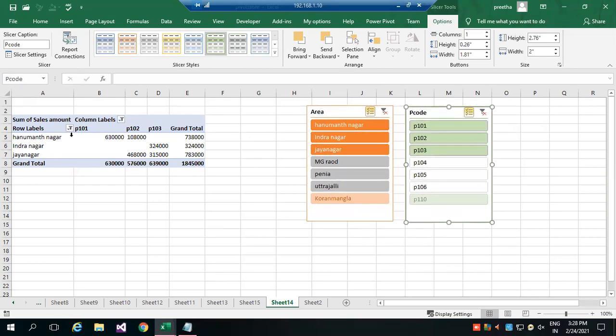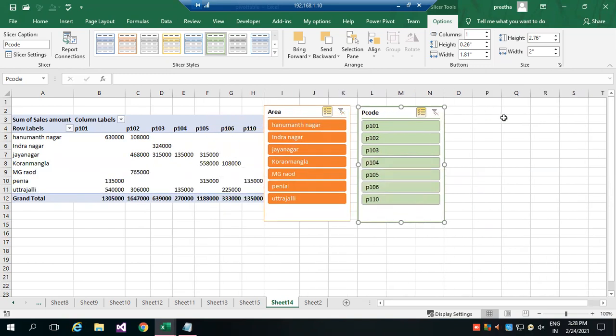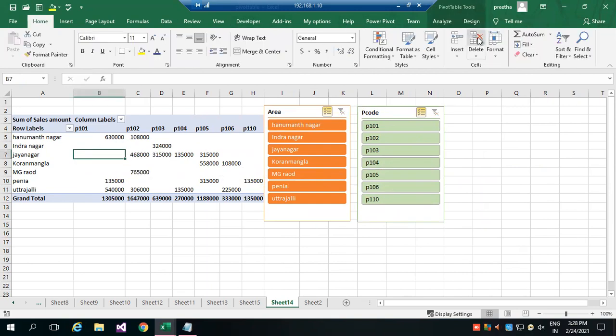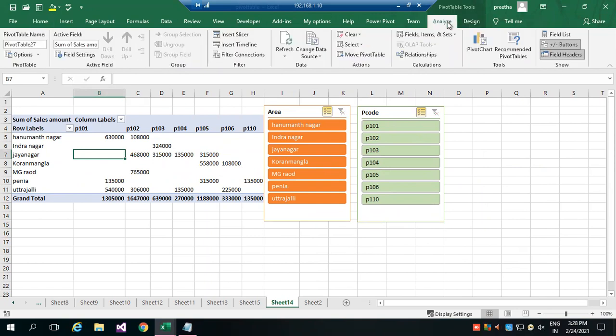So the slicer can be added as many levels that you have data. Whenever you want, once you be inside the pivot table, in the Analyze tab, you have slicer and timeline.